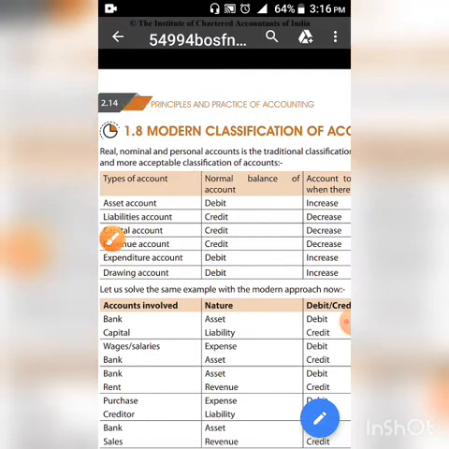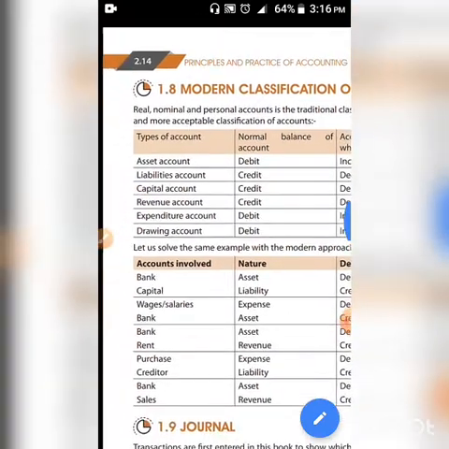Okay then, let us take an example. I have some employees, around 10 members, and I gave them a salary of 30,000 rupees. So the journal entry will be